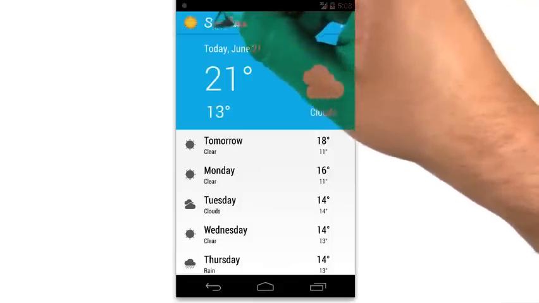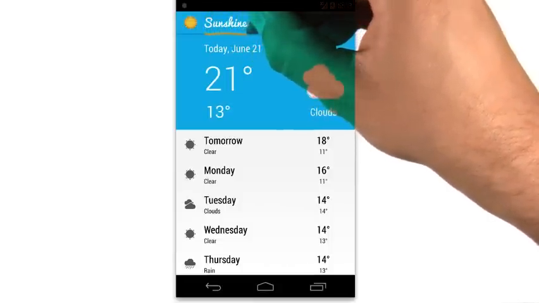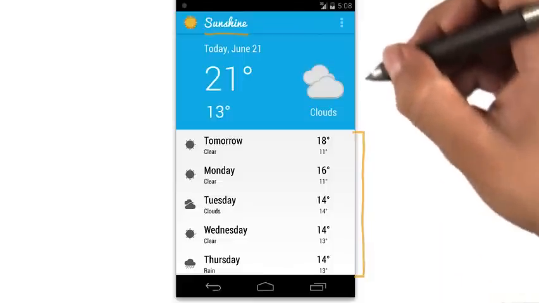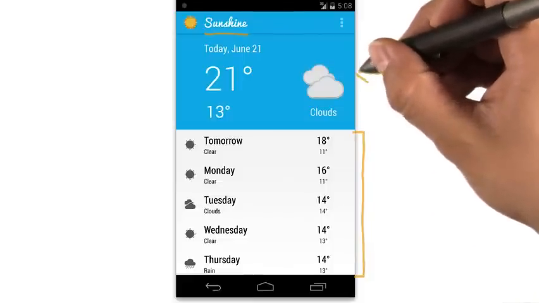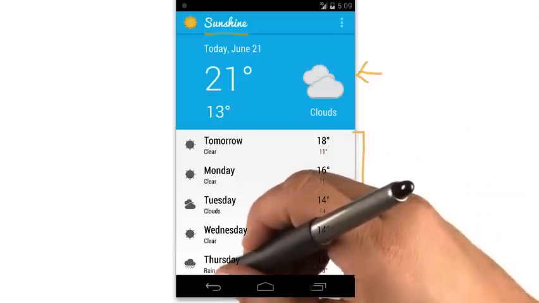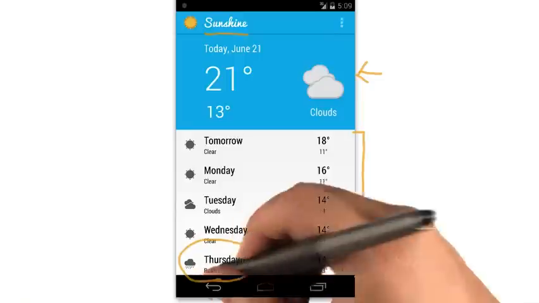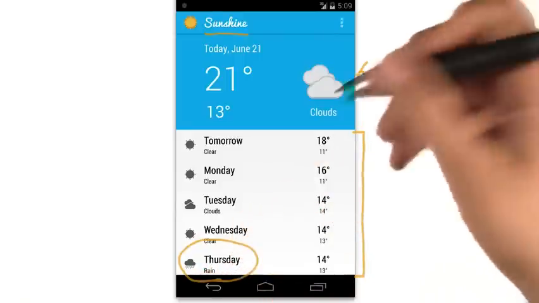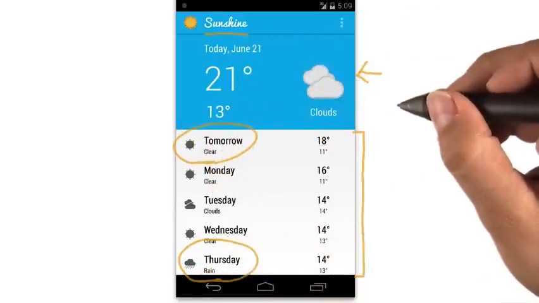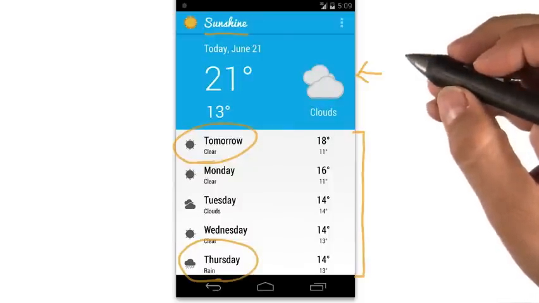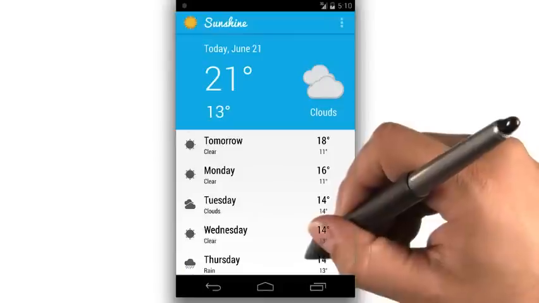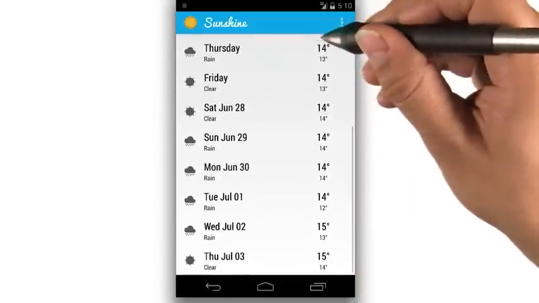In this course, we're going to build a weather app called Sunshine. The main screen is a list of this week's forecasts, with an emphasized presentation for today's weather. With just a quick glance, I can decide if today is a stay inside and code day, or if I should code from the park instead. We have icons to indicate conditions like snow, rain, fog, or sunshine. We can scroll through the list to see a long-range forecast.